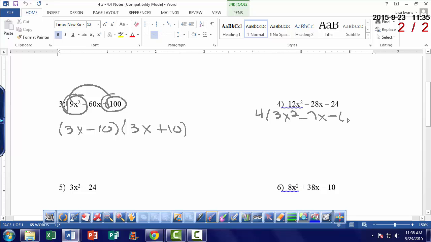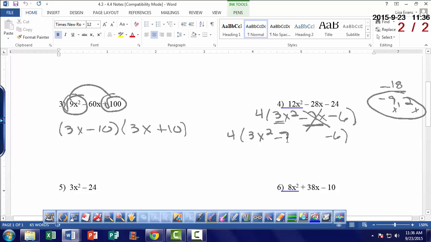Now when I do that, I have the longer AC method. So this is what we could have done in number 3. I'm going to multiply 3 times negative 6, which is negative 18. I'm going to say what multiplies to give me negative 18 but adds to give me negative 7. That would be negative 9 and 2. Now I'm going to rewrite my middle term. I'm using this to rewrite negative 7x. So I'm going to leave the 4, I'm going to leave the 3x squared, and I'm going to leave the negative 6. But this is now going to become this. So negative 9x